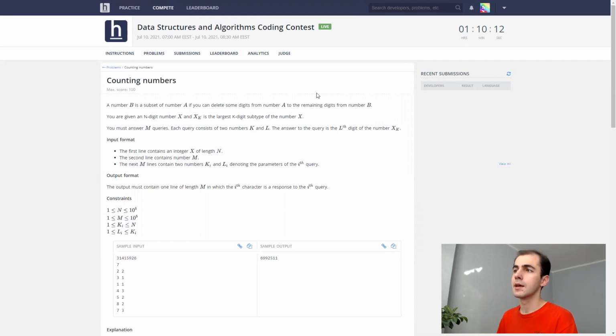Nice proofreading, guys. You must answer m queries. Each query consists of two numbers k and l. The answer to the query is the l-th digit of the number xk.